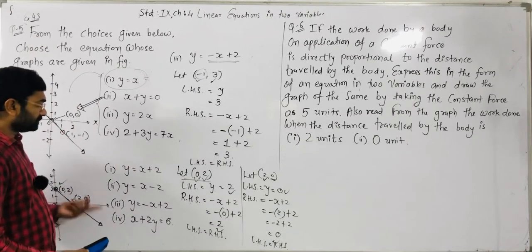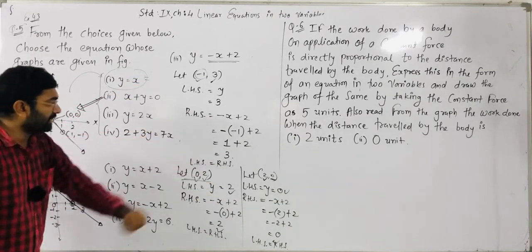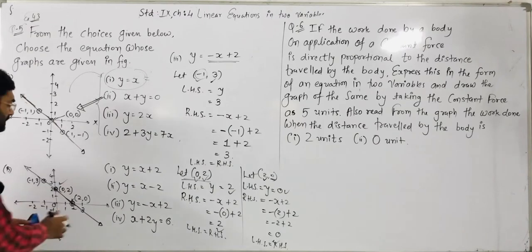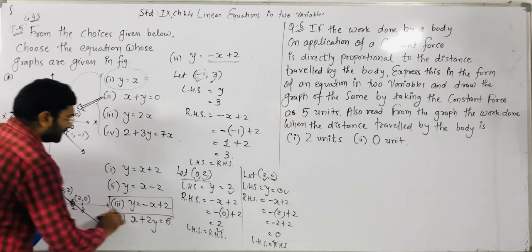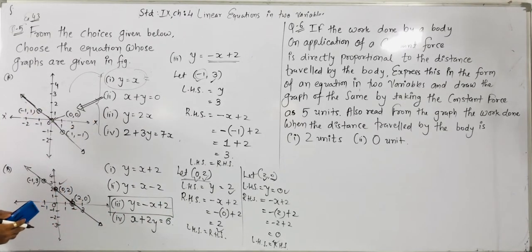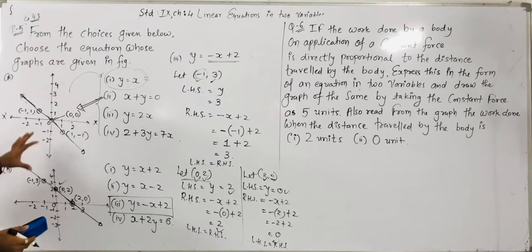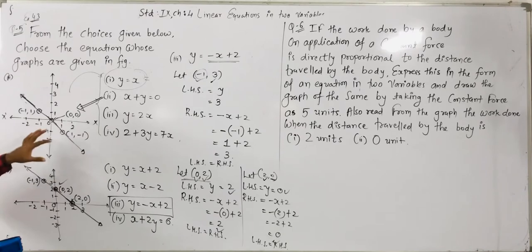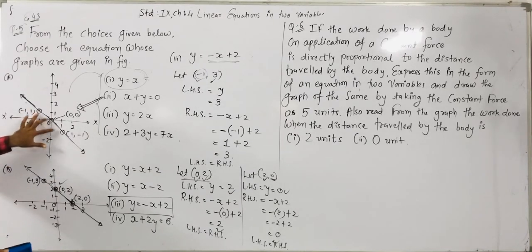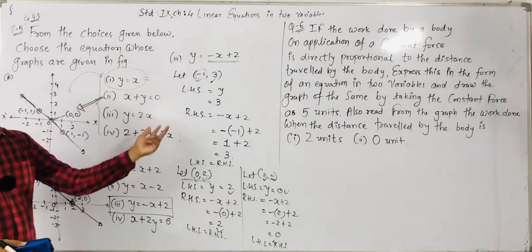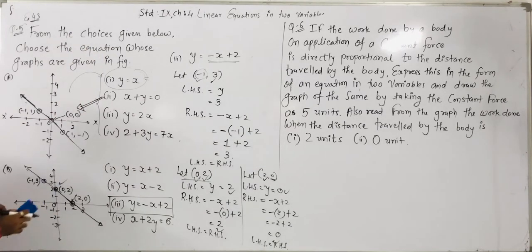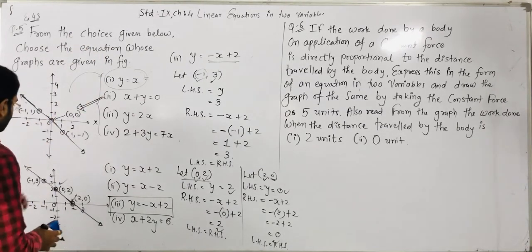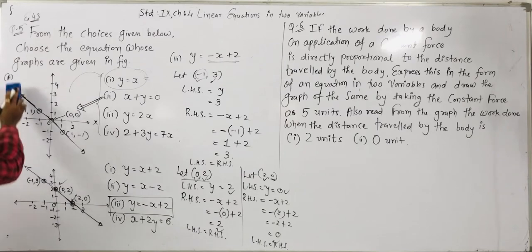So we can say this satisfies all the conditions, or you can say the graph of the equation y is equal to minus x plus 2 is given in the question. Okay, so this is very easy for finding out which equation's graph it is. In a given graph, on the straight line, which points lie on it? For that, we have to check the condition. If the left hand side and the right hand side are both equal, then we can say the given equation's graph is the one given in our question. Okay.